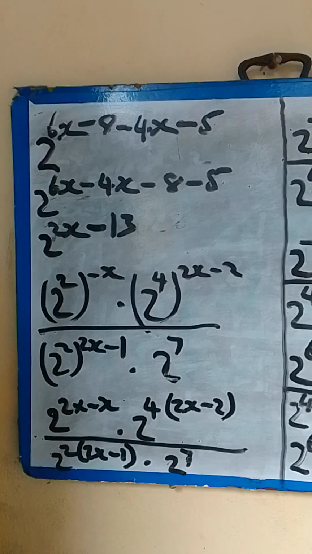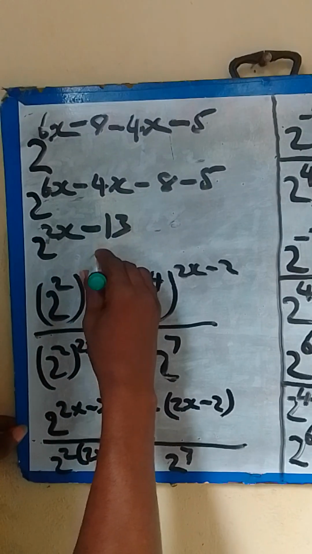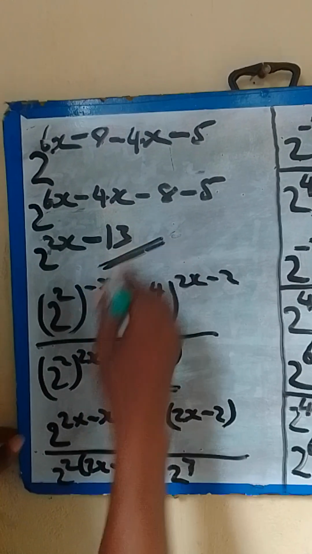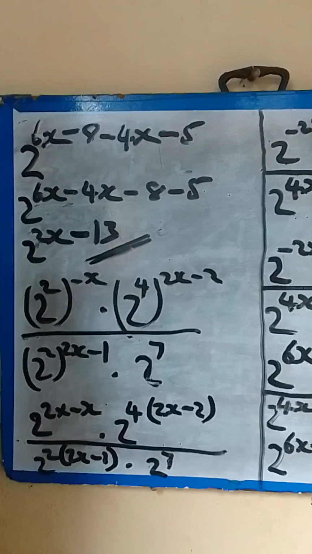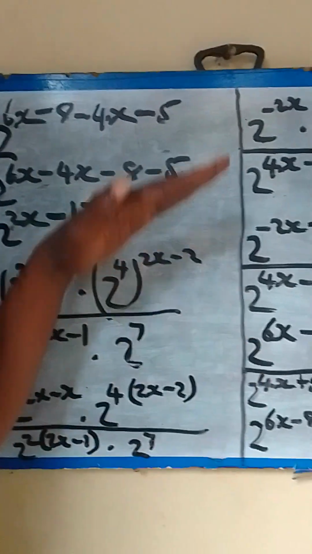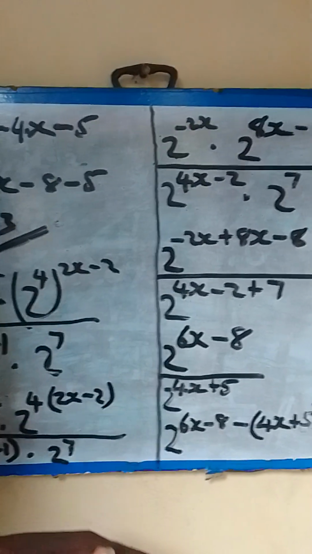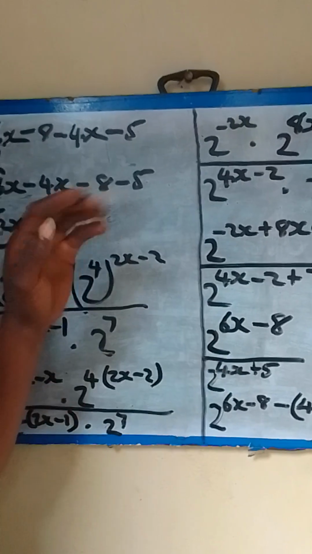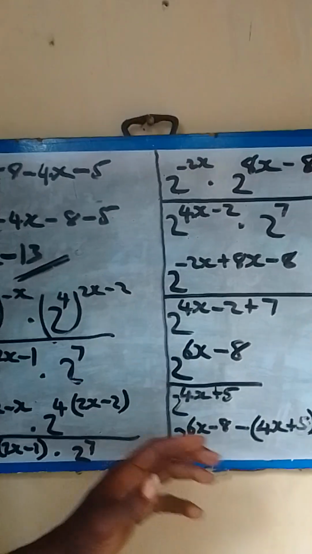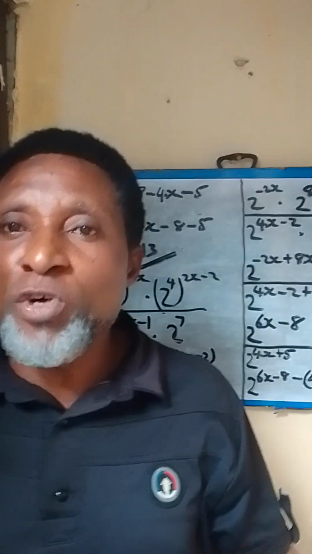So here stands as the answer. So this is another form of indices, another solution to indices in mathematics. So this is what we have done, and here is where we are going to draw the curtain